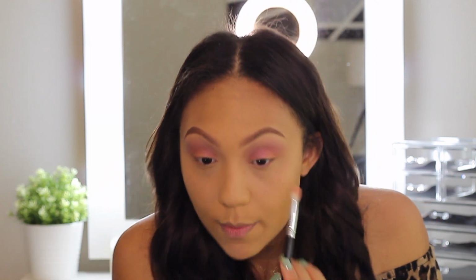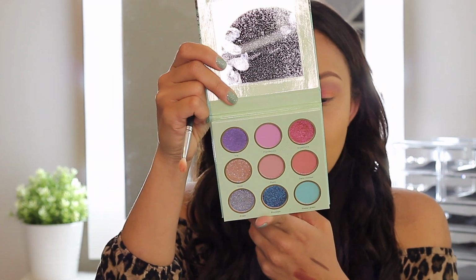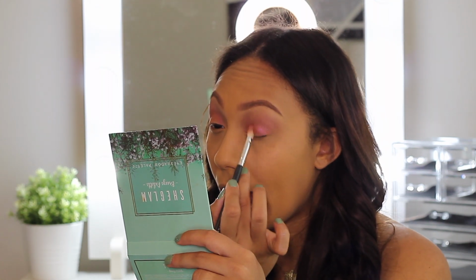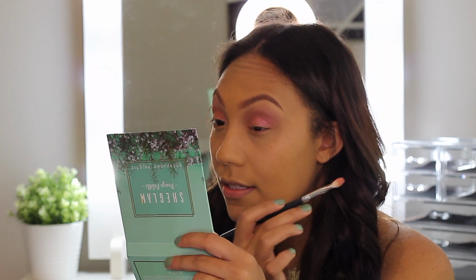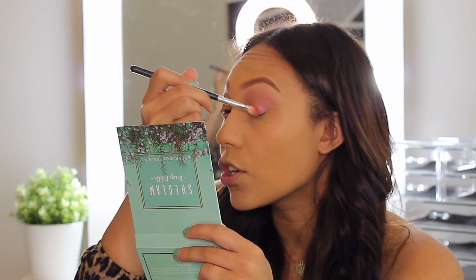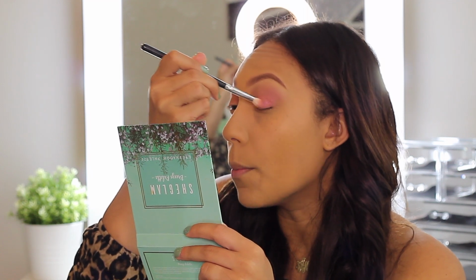The matte is beautiful. The matte shade blended out like a dream. But the glitters need a little bit better formulation. There is kickback on the palette, not sure if you can see, but they need better formulation because they don't actually stick onto the eye. They go where you want it, and then as soon as you blend, they start to move, and I can't even get it to stick to the bottom of my